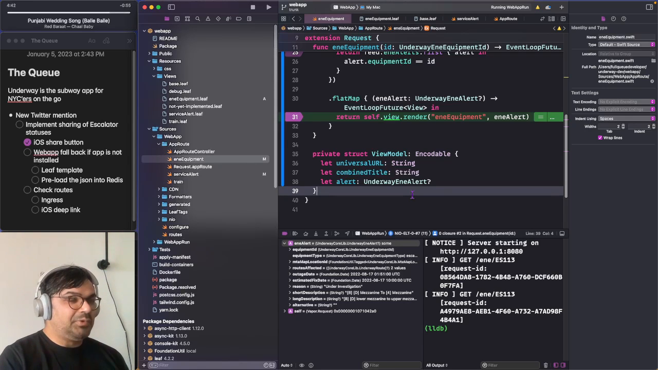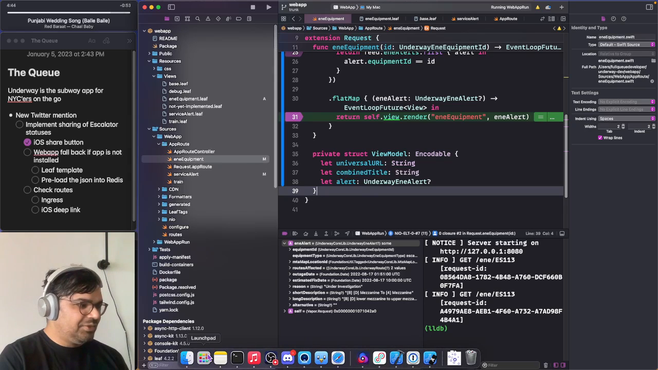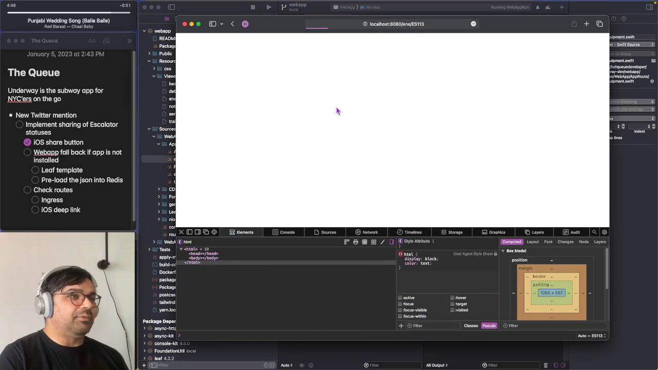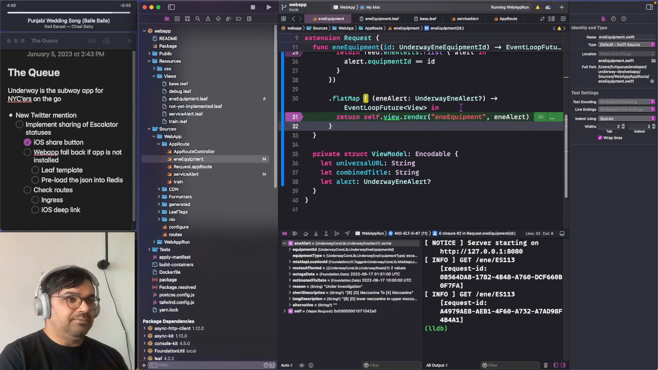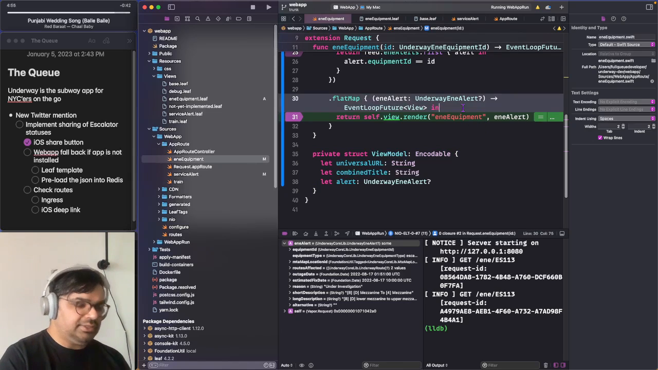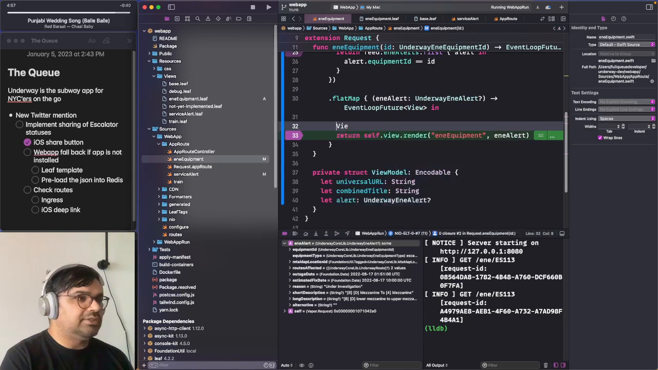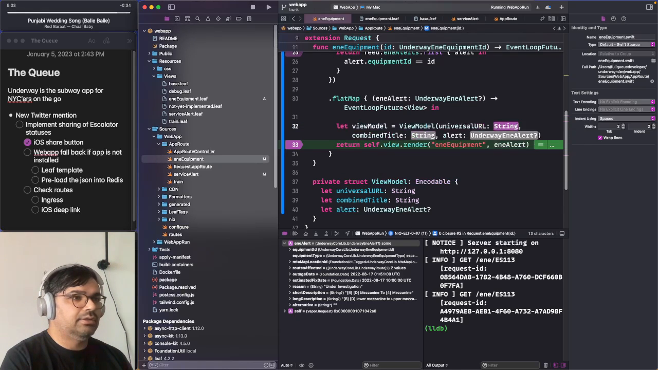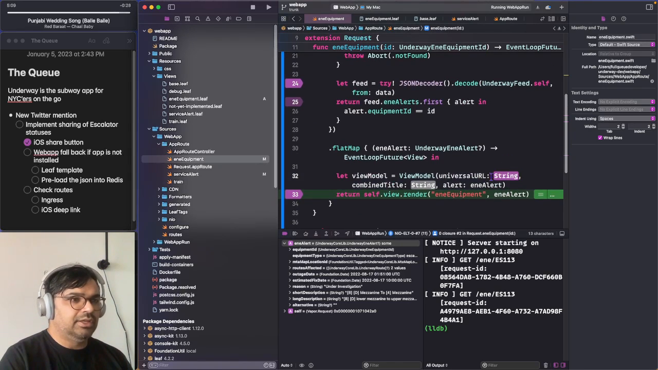Okay, so we were trying to figure out why we have a blank page, but we do have the alert. And my one guess was perhaps we need to build a view model using this. So let's actually make this view model. And we need to fill those things in, but of course we can pass in this E&E alert. And then we'll need to also pass in